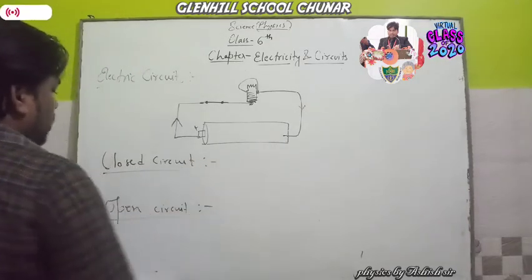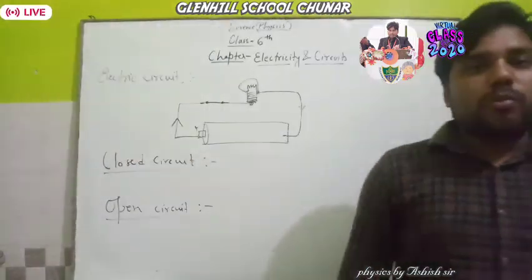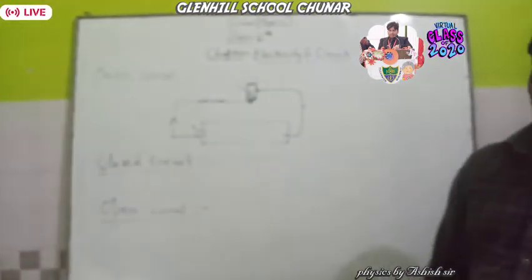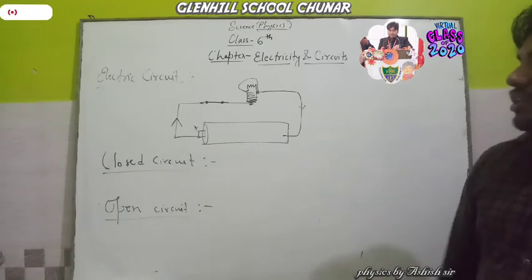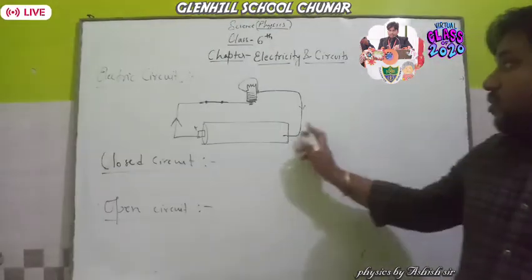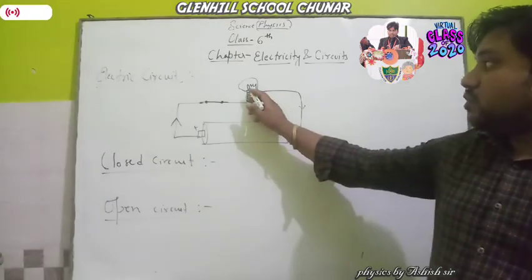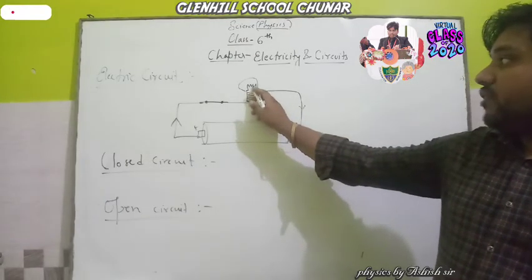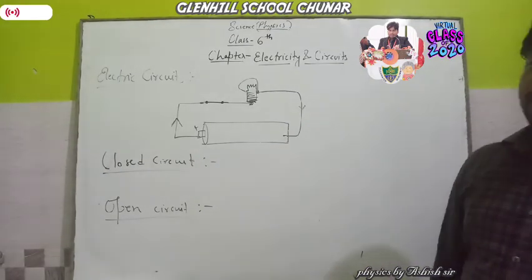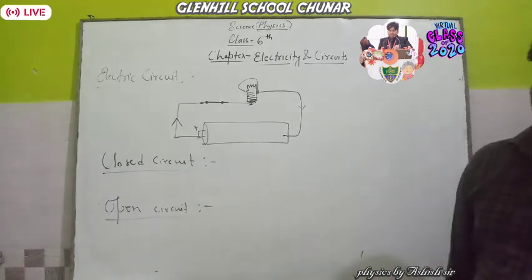What do you mean by closed circuit? Simply, the circuit in which there is no breakage of the connecting wire or the electric bulb is known as a closed circuit. Or simply we can also say that the circuit in which the switch is on, there is no breakage of wire and no breakage of filament, is closed. And the open circuit is one where at any place there is a breakage of the circuit.